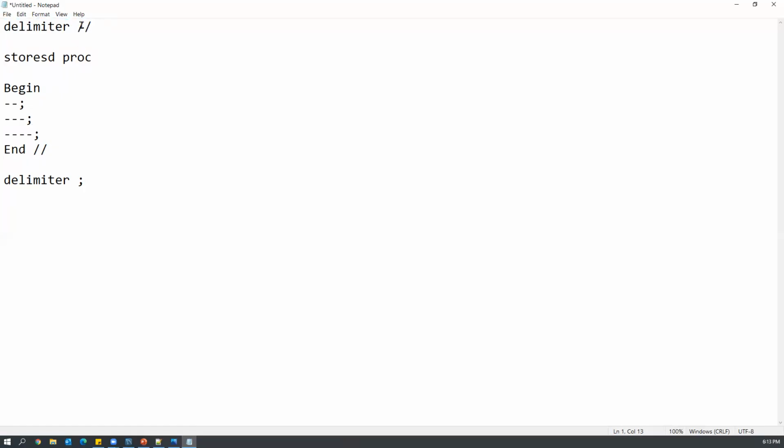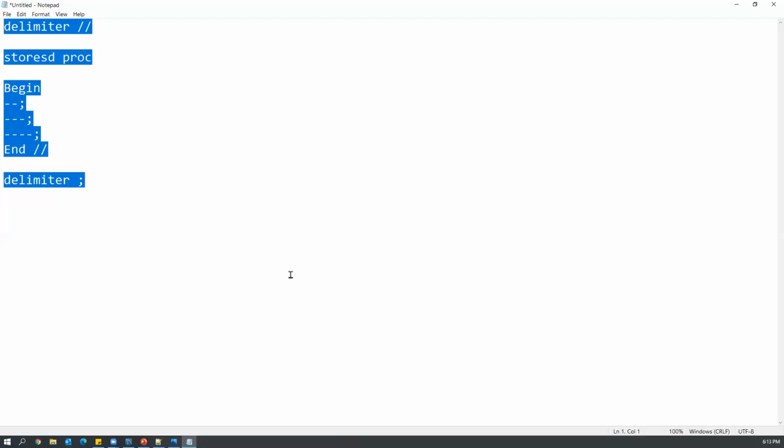And here the same delimiter we have to use at the end of the stored procedure. And after completion of writing and creation of the stored procedure, we need to reset the delimiter to semicolon. This is the default delimiter in MySQL, and this is applicable especially only on MySQL. Okay. Now with this understanding, let us try to create